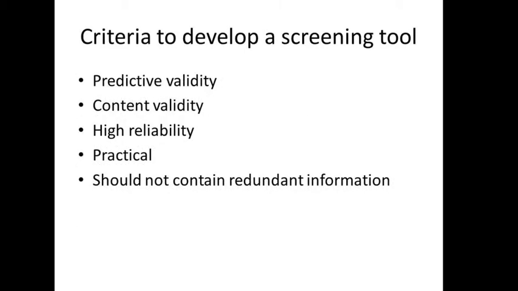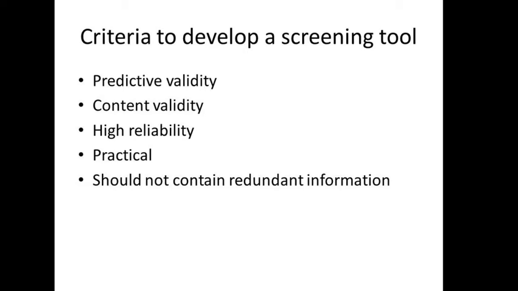And what are the criteria? Because for different kinds of populations, a different kind of tool is used, and based on the population category or the population type, the screening tool differs. For example, for children it is different, for adults it is different, and for older people it is different. So based on the population group, we decide the screening tool.